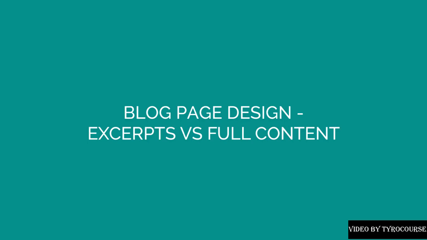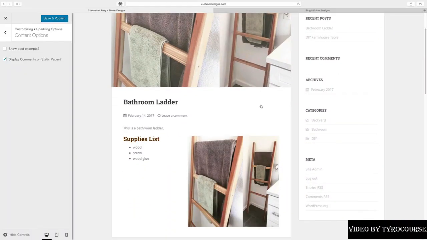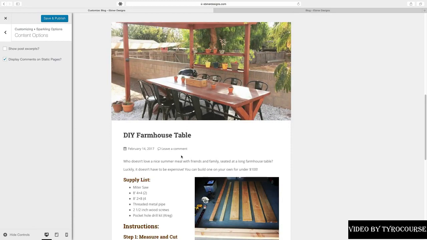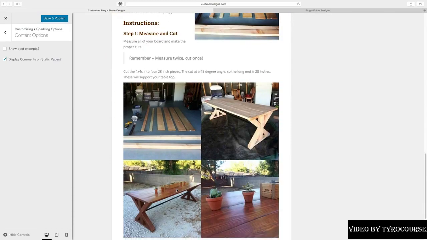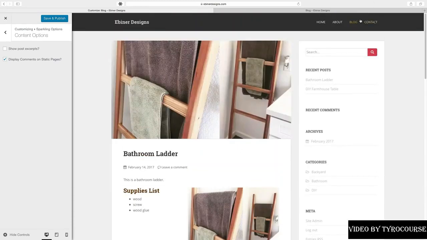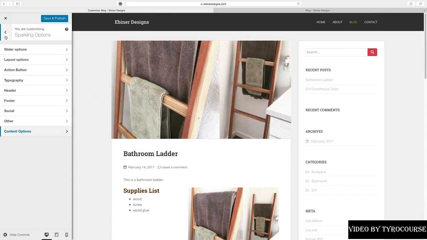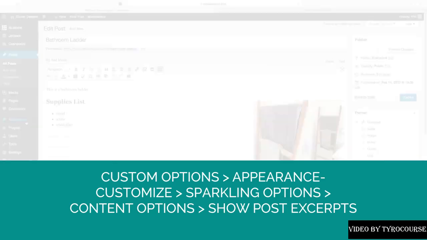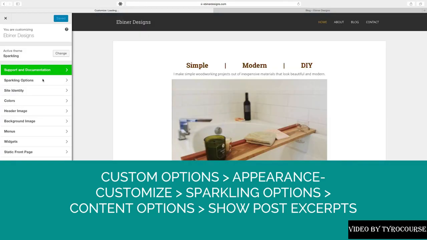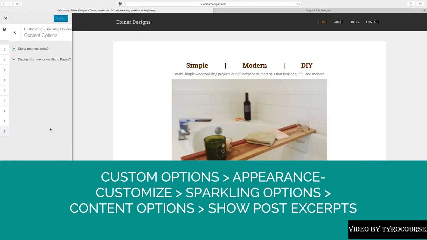When you go to your blog page, you might see something like this, where the blog page actually includes all of the content from those blog articles. You might not want that. You might want to just show the excerpt. So to change this, go to your custom options under Appearance, Customize, then under Sparkling Options and then Content Options,